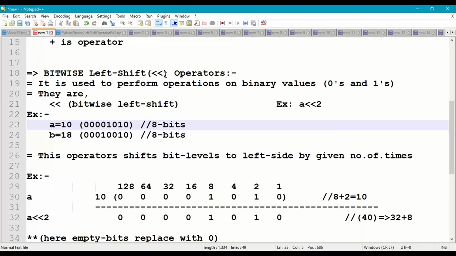If you take a as 10, its binary representation is 00001010, 8 bits. Similarly, if we take b as 18, its binary representation is 00010010, which is also 8 bits. So now coming to